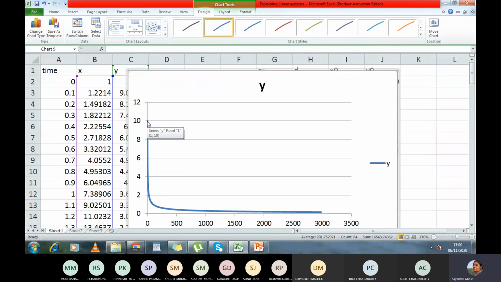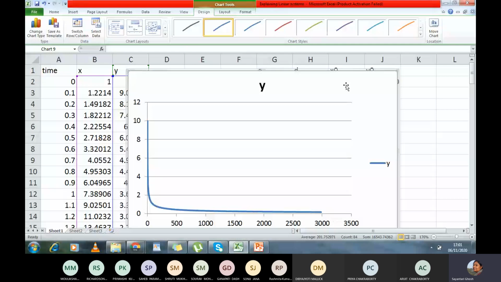This was my initial point. X was 1 and Y was 0. So Y was trying to pull it down towards 0, but X was not agreeing with it. Because we started with a low value of X, Y succeeded up to a certain point. But after one point, X dominated and X pulled it away from the origin and pulled it away towards infinity.